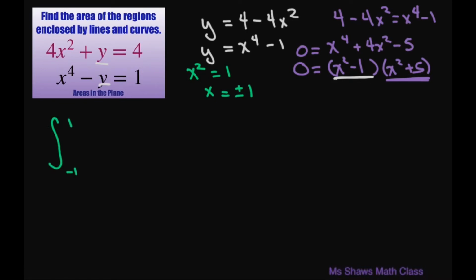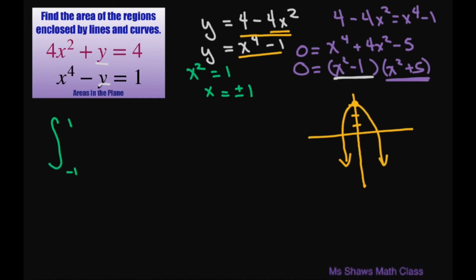But if we do a quick sketch of this, we can look at symmetry. Let's look at what we're looking at. For this one, it opens down and it's shifted up by 4. So it's something like this. There's no horizontal shift, so it's something like that. It's kind of narrow. And for this one, we are shifting down 1,